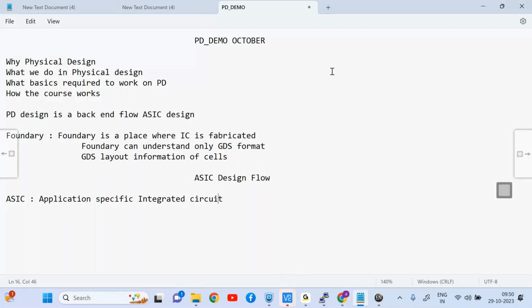So we are building a circuit specifically for a particular application. It is not for general application. We are developing an IC specially for a particular application. So it is called as ASIC. So ASIC design flow has the following steps: